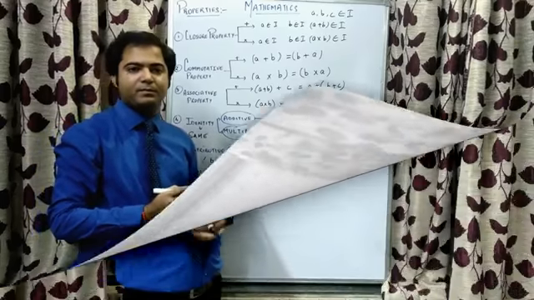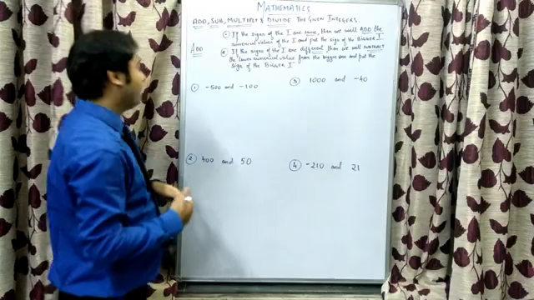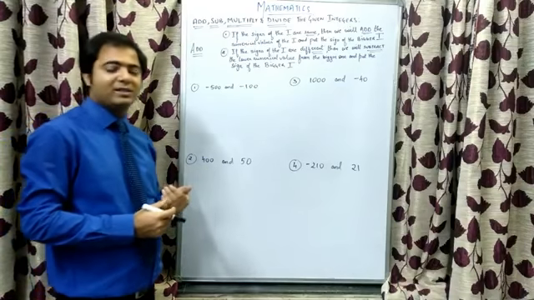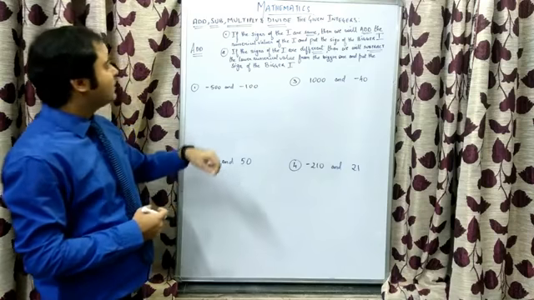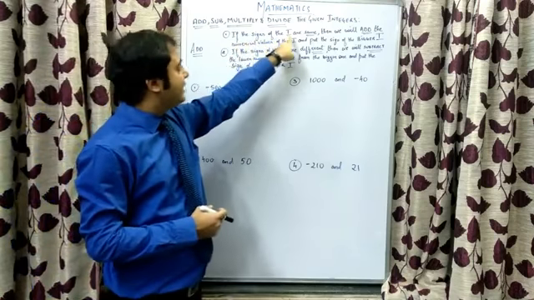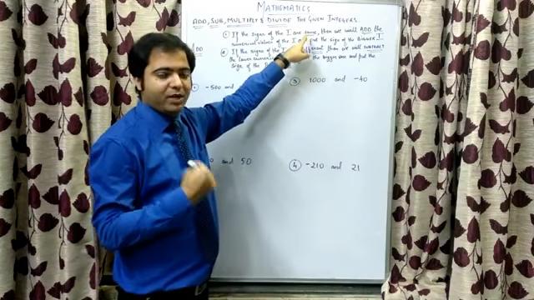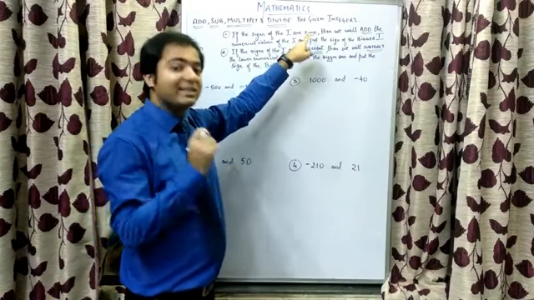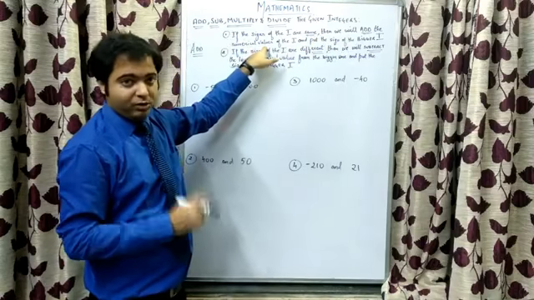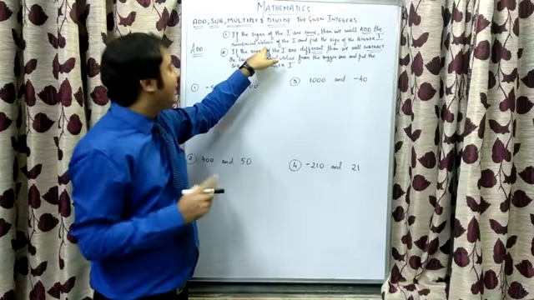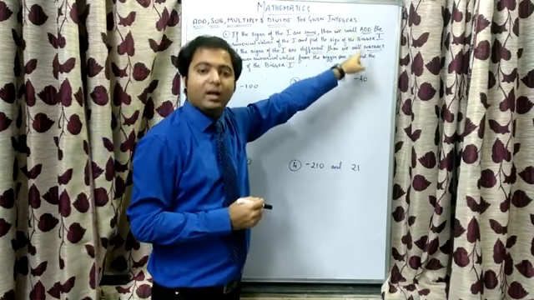The first fundamental operation that we'll be doing is addition, that is sum. But before that, we need to understand the rules for addition that we'll be following for solving them. First rule says if the signs of the integers that we are going to add are same, then we'll add the numerical values, not the sign, and put the sign of the bigger integer in the answer.